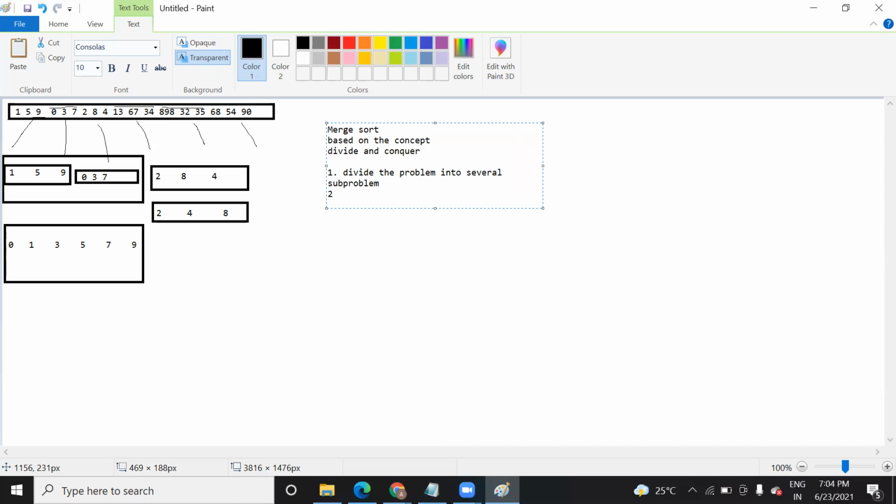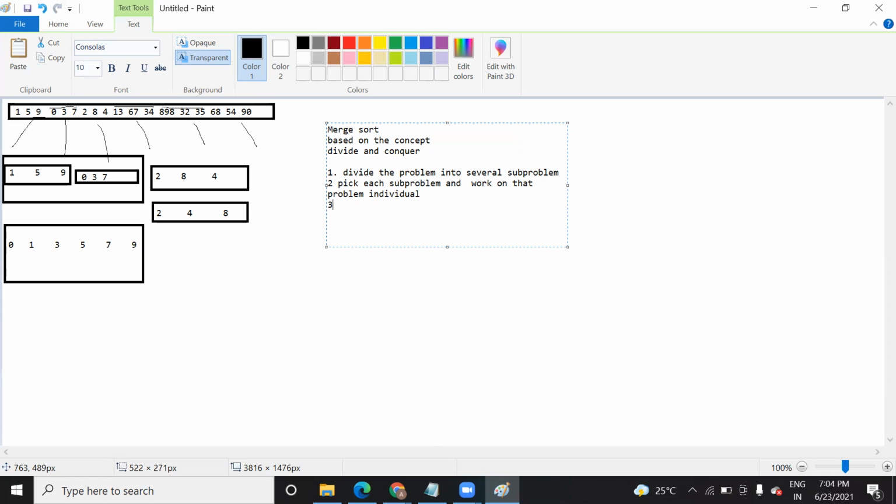Then once you divide into several sub-problems, pick each sub-problem and work on it separately, individually.